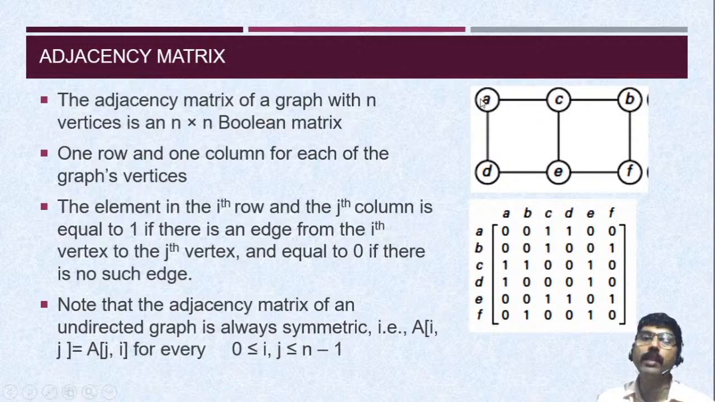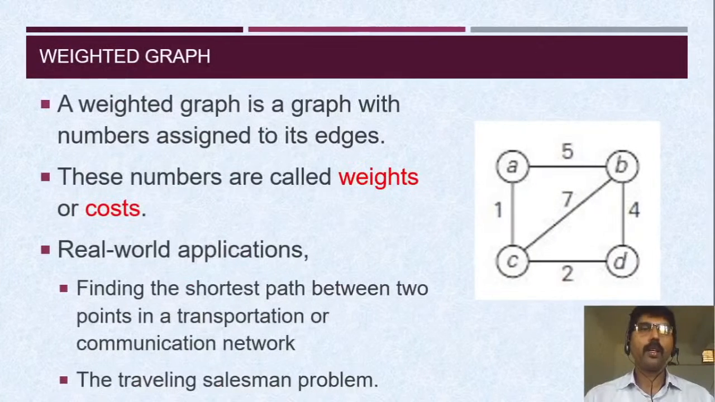If there is an edge between the ith element and the jth element, we can represent it by 1. For example, see here, there is an edge between A and C. So A and C here, we are putting 1. That indicates that there is an edge. Between C and D,